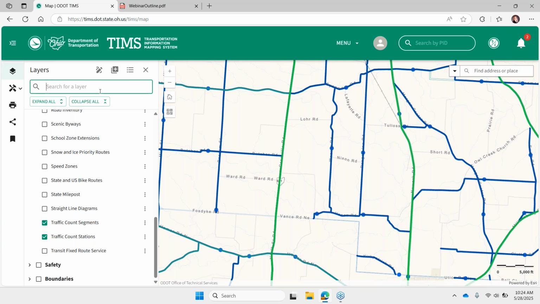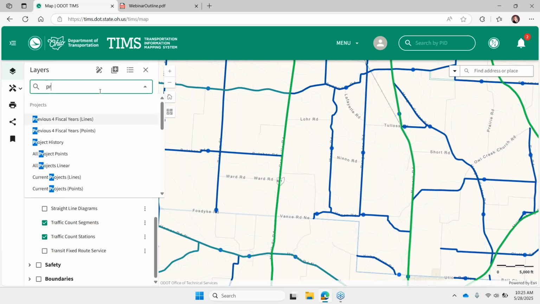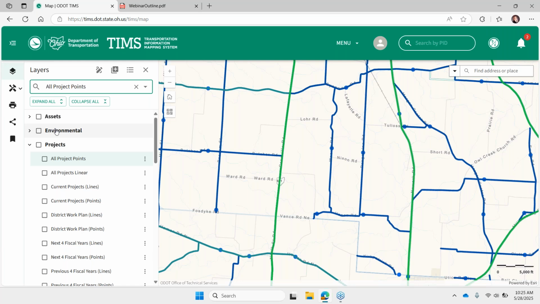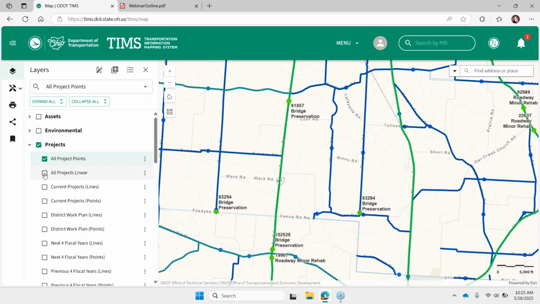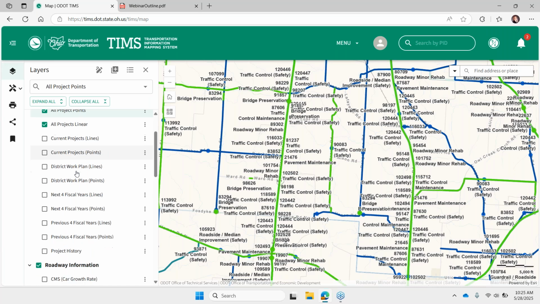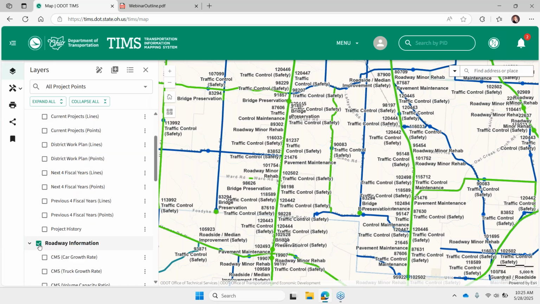Let's highlight a few other types of layers. Say we're looking for all the ways we can view our project information. We saw all project layers when we came to the map from the project search page, but we have a lot of layers underneath this projects grouping. If we turn on all projects, we're getting all of those records that initially loaded.